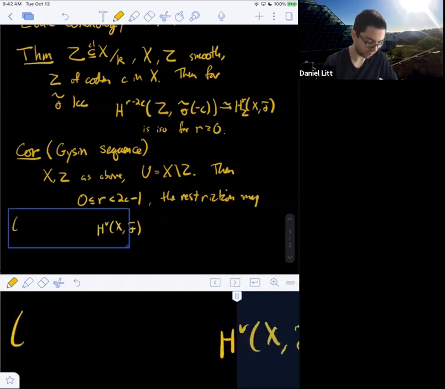So here F is LCC, and of order prime to the characteristic.